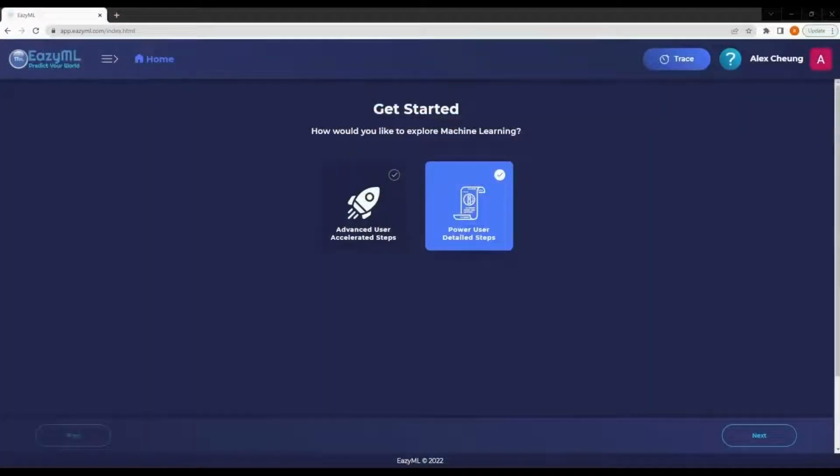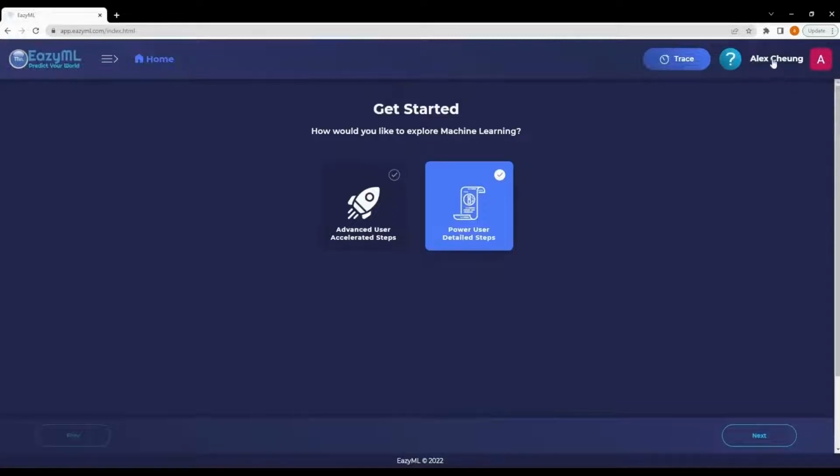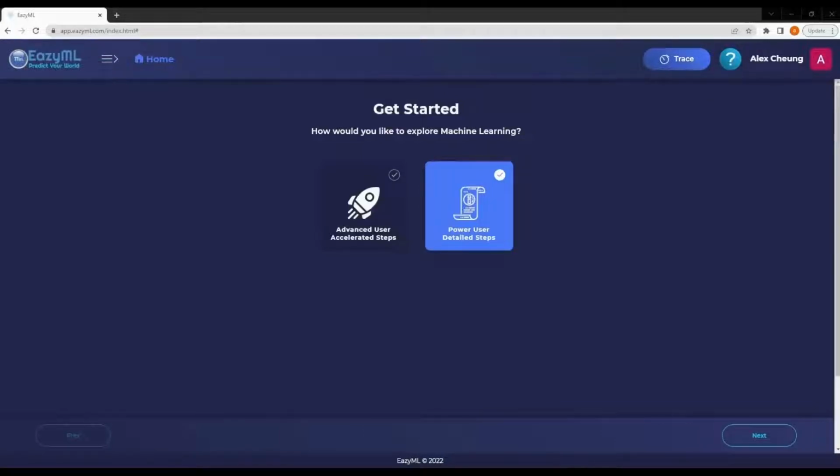Now, let's go back to the EazyML Platform portal. You can go to your account by clicking on your name in the top right corner. There, you can toggle between the dark and light mode option. If you are ever confused with navigating the platform, you can use the Help button, which is next to your name in the top right.